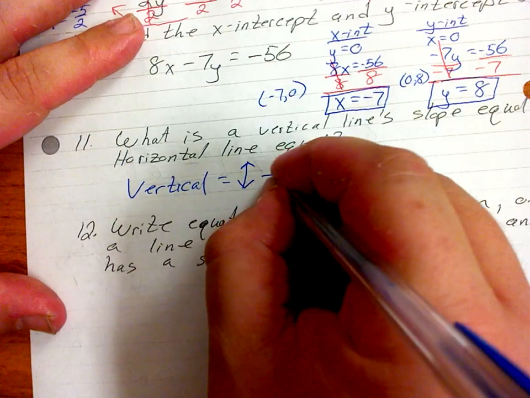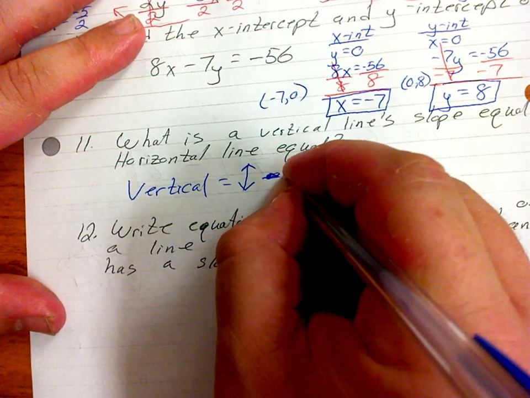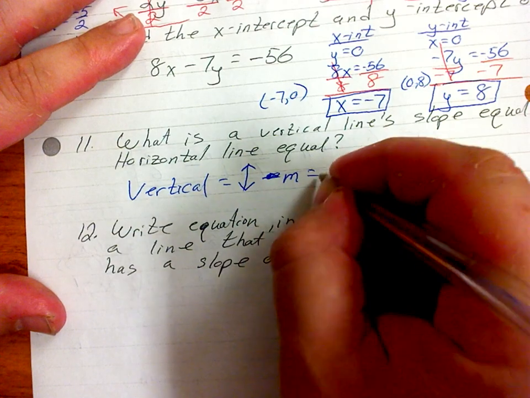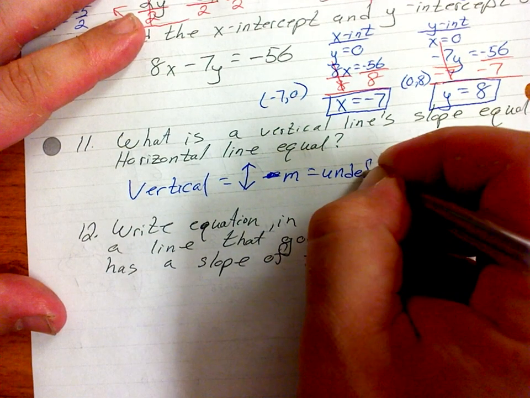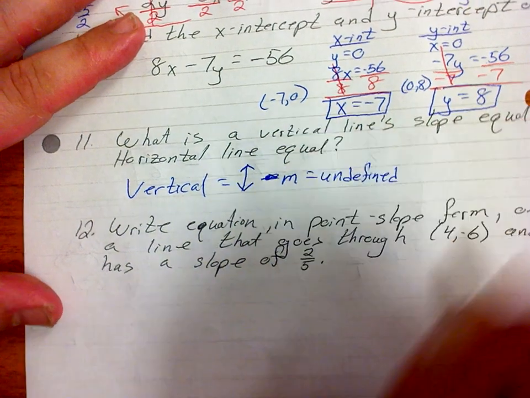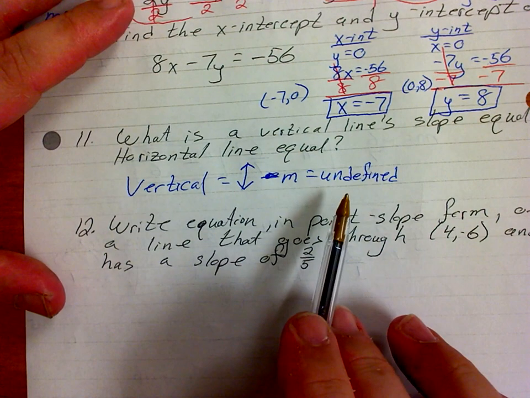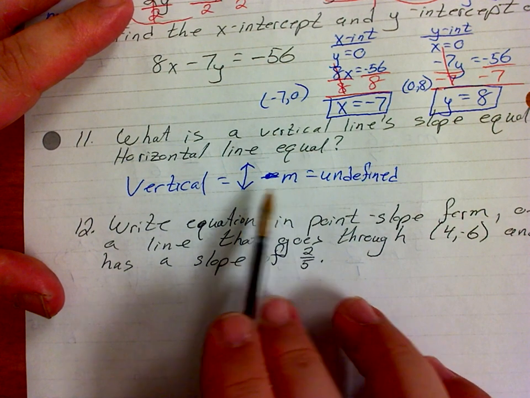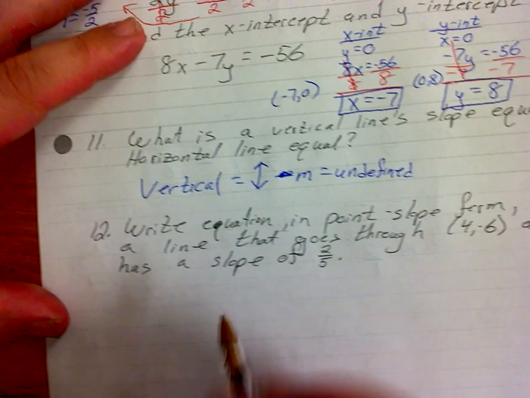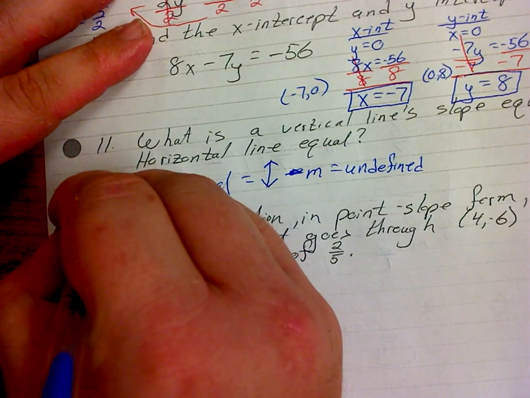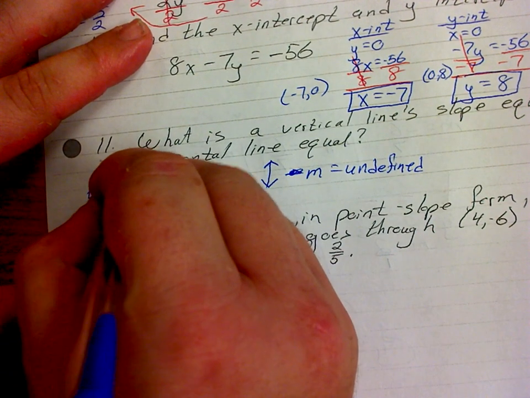Okay, so that means that the slope is going to be undefined, because in order to have a slope, we are going to have to be able to move left and right. Okay, this graph never moves left and right. An example of what we would see here is when we get the slope to be equal to 2 divided